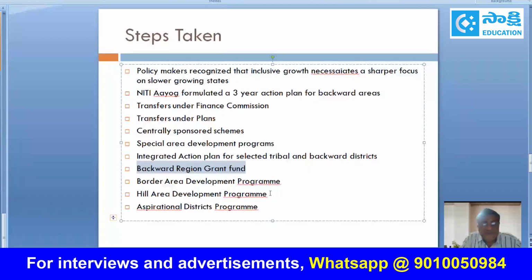It was introduced in 2006-7 in 250 backward districts, and it was implemented as an improvement over Rashtriya Sam Vikas Yojana. And we have Border Area Development Program also. Border Area Development Program is another centrally sponsored program initiated in border areas of Western region during 1985-1990. So this program also focused more on infrastructural development in the border areas of our country and promotion of